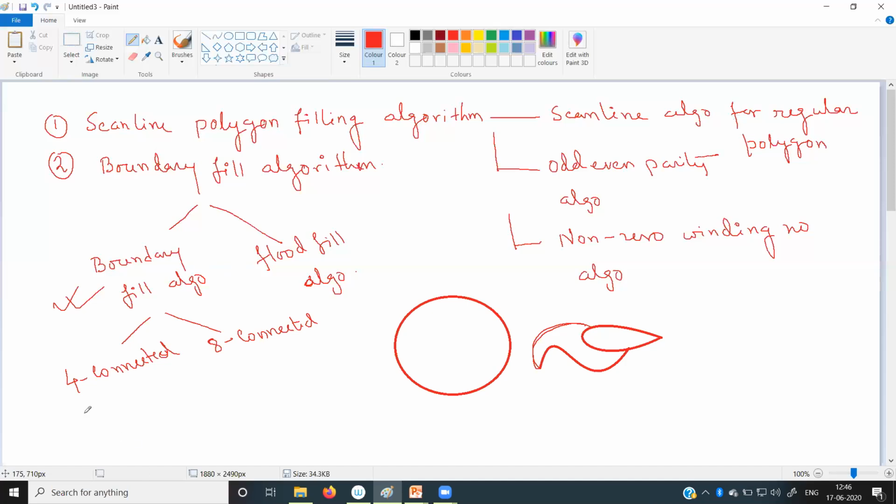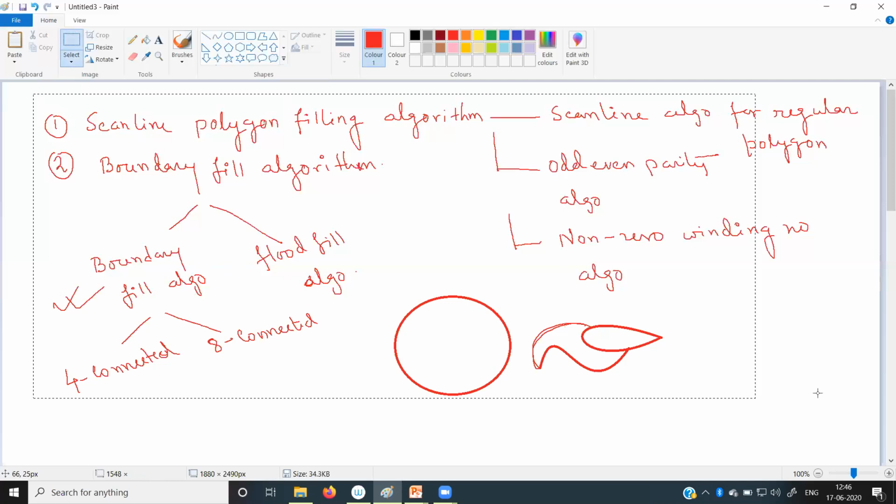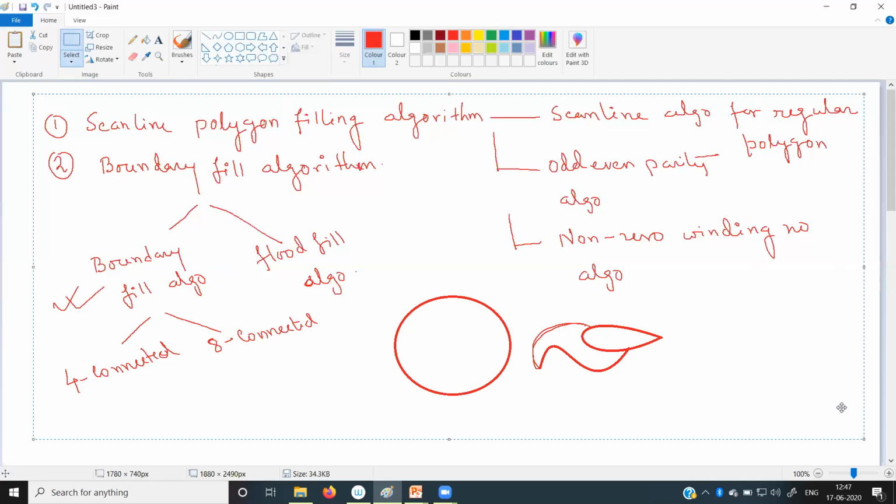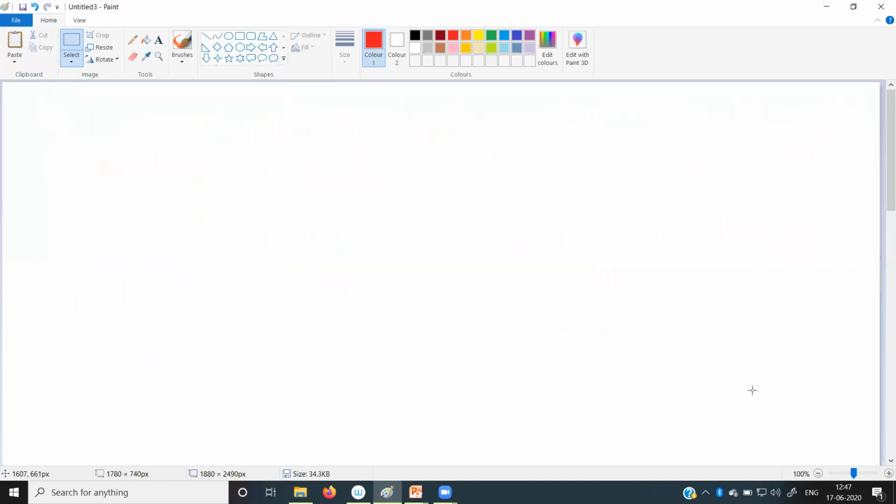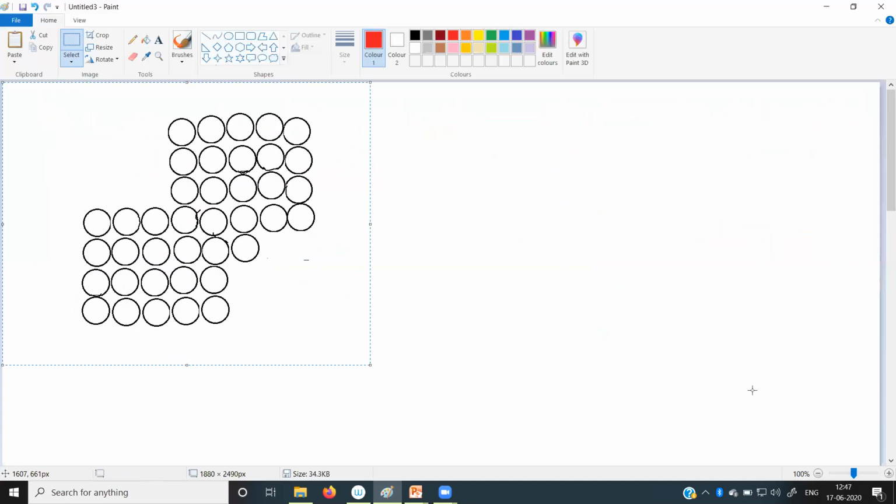In my last class, I discussed the 4 connected and 8 connected algorithms. Now I will discuss why we go for the 8 connected algorithm, though the 4 connected algorithm is able to fill up the polygon. Consider a shape like this one.